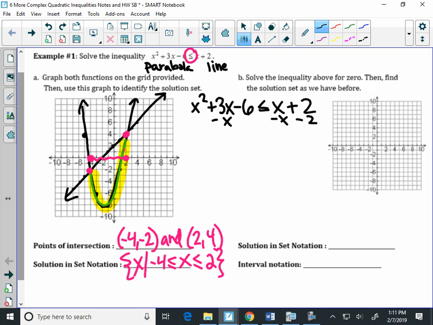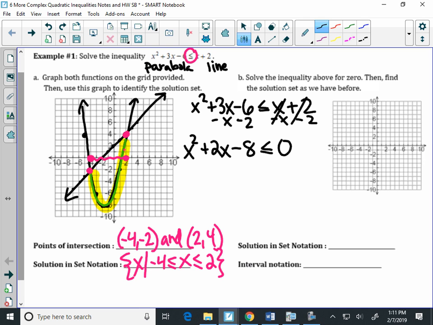So if I move this, I'm going to subtract x from both sides. And I'm going to do it in the same step. I'm also going to subtract 2. Okay? Which is easier, saves a little bit of room. That makes the right-hand side cancel off to be 0. And the left-hand side becomes x squared, 3 minus 1 is 2x